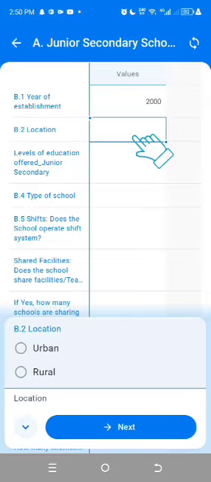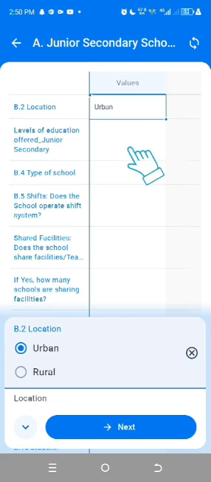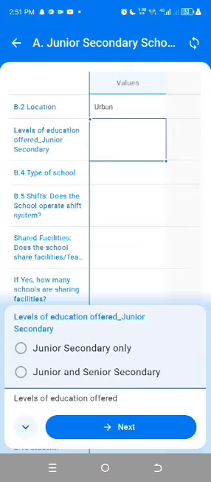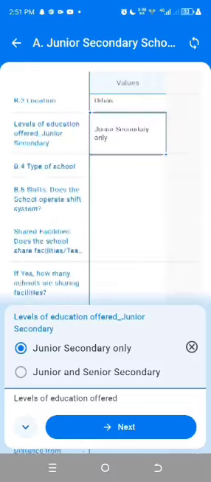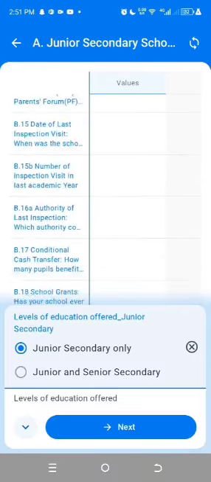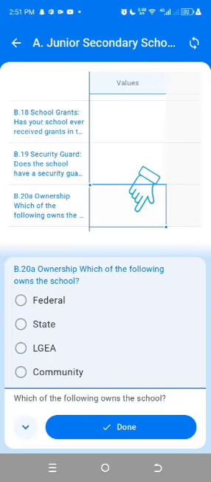Location. The location of the school, is it urban or rural? I'm going to select the location of the school. So in this case, the location of the school is urban, and I'm going to select urban. Also, the level of education offered, I'm going to select if the school is a junior secondary school only, or a junior secondary school and a senior secondary school. So this is a junior secondary school only. Then I'm going to proceed to the next one. So that's how you do for all the sections up to 20, and you select the ownership,